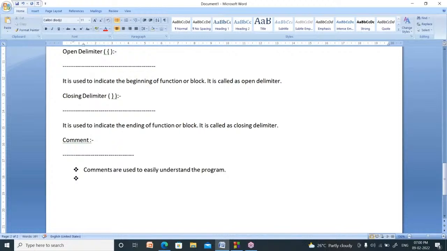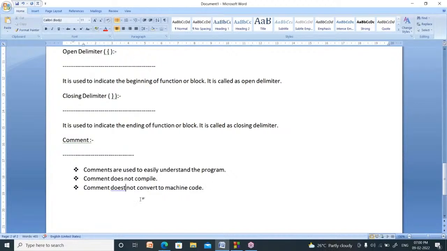Actually, if you write comments, they don't compile, which means they don't get converted to machine understandable code, that is, machine language. So comments do not compile. Comments do not convert to machine code.